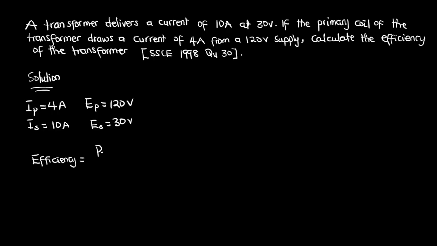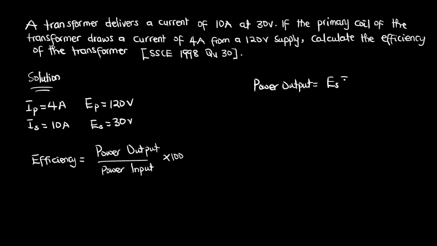is equal to power output over power input multiplied by 100, right? Now, power output is equal to the product of the voltage in the secondary coil multiplied by the current in the secondary coil. So basically it is ES multiplied by IS, right? The voltage in the secondary coil multiplied by the